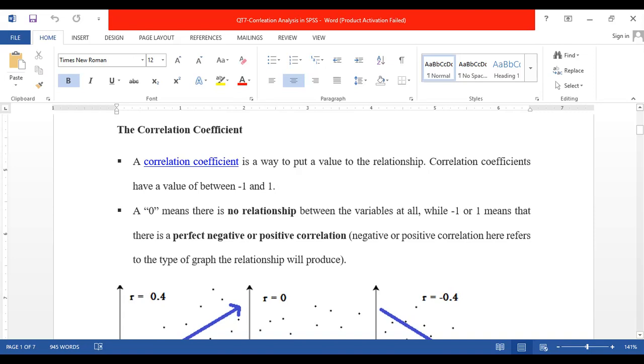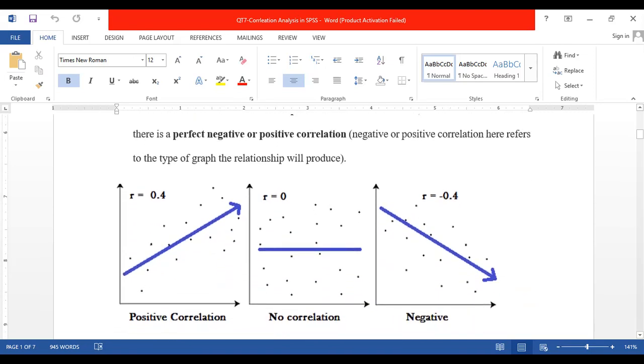If we look at the graph, R basically denotes the correlation coefficient, also known as the Pearson correlation coefficient. When the output shows that the R value is equal to 0, we see a straight line, which shows that there is no correlation between the two variables.